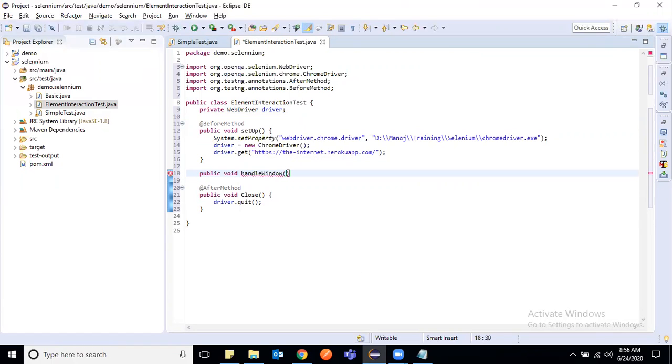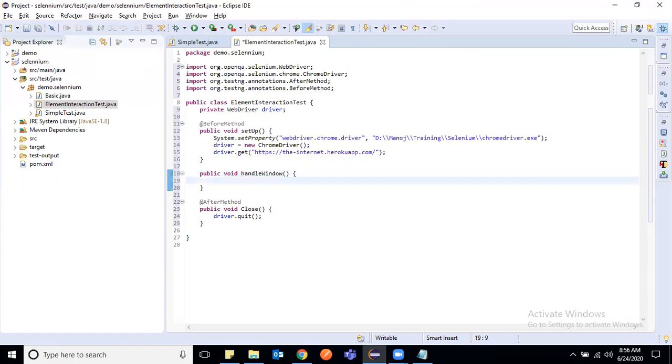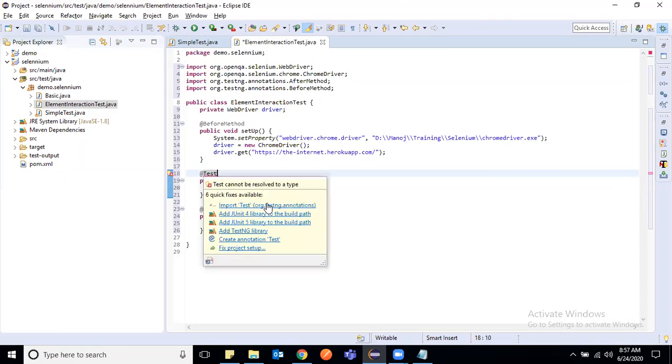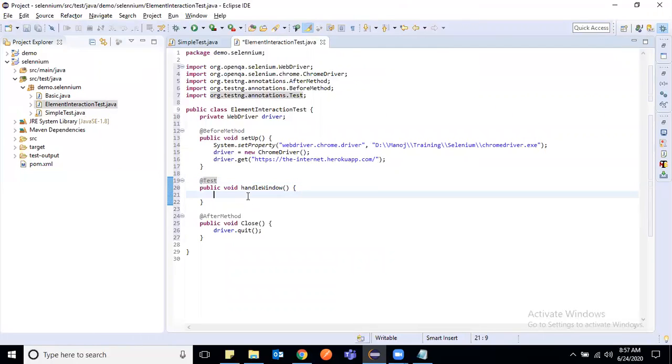This is my test, and I need to make sure it has the annotation @Test so that the test engine knows this is a test. All right, so do we have any method by which we can get these window IDs? We talked about the window ID.